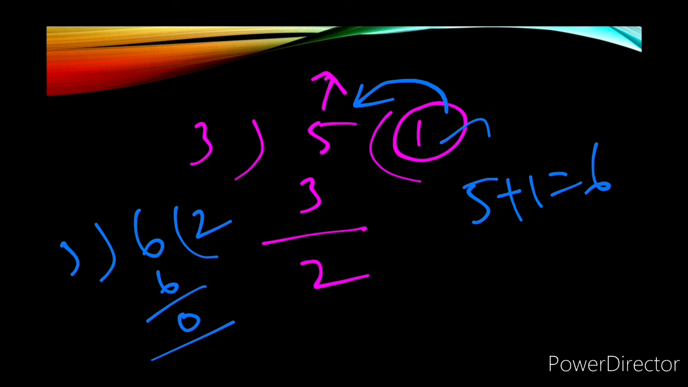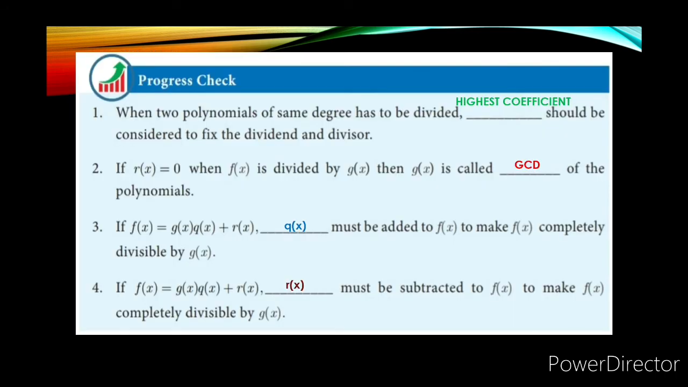Likewise, in polynomials also, if f of x is equal to g of x into q of x plus r of x, which means remainder is non-zero. So, dash must be added to f of x to make f of x completely divisible by g of x, which means we have to add quotient q of x to f of x to make f of x completely divisible by g of x. Do you understand this? Next,